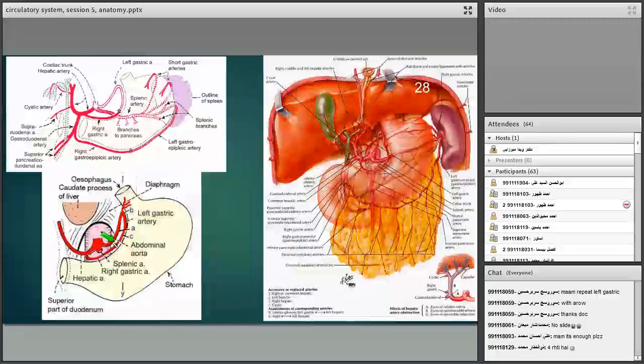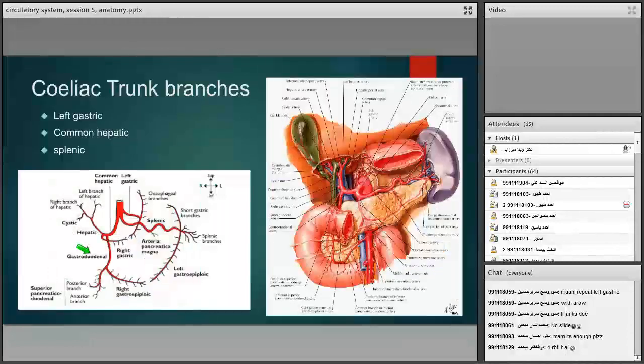The right gastric branch also will go to the small curvature of the stomach and will anastomose with the left gastric branch. Okay? This is the right gastric. Sometimes it will derive from the proper hepatic and sometimes from the common hepatic. It's variation. And also here we had the right gastroepiploic. The third branch of the